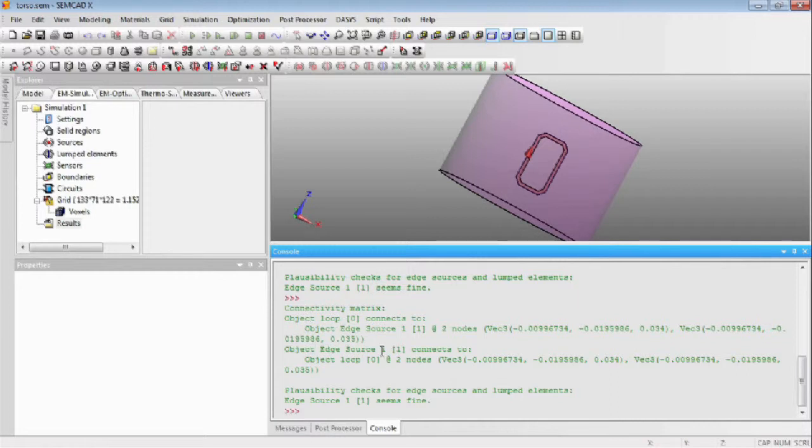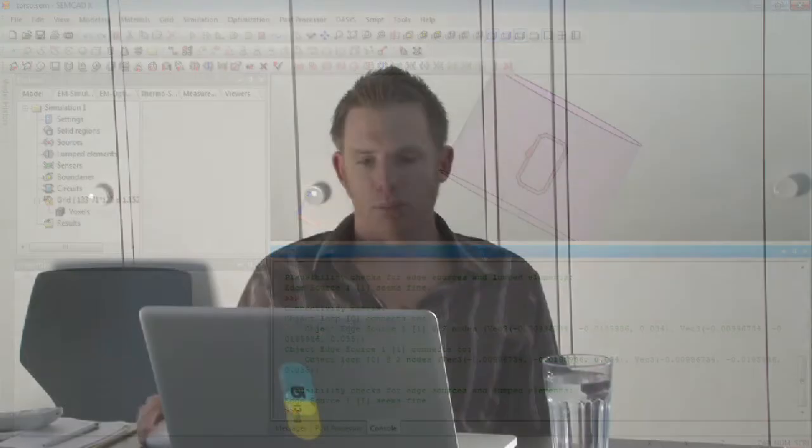Each object appearing in the list is written out along with the nodes where the connectivity has been tested. And here we are testing the edge source against the metallic loop. And basically we can see the vector for the 2 nodes. And finally we have a plausibility check, which basically confirms that in this case the source is connected to the